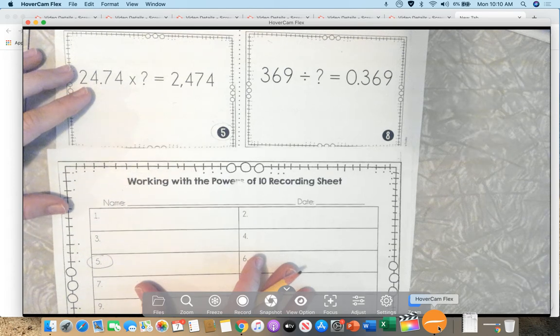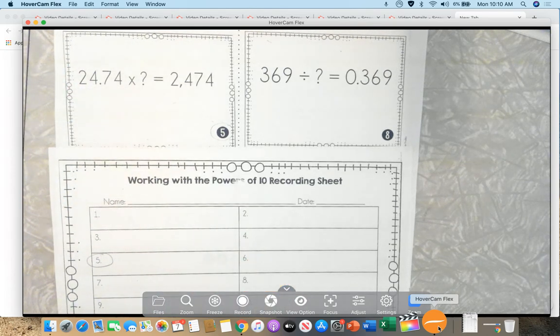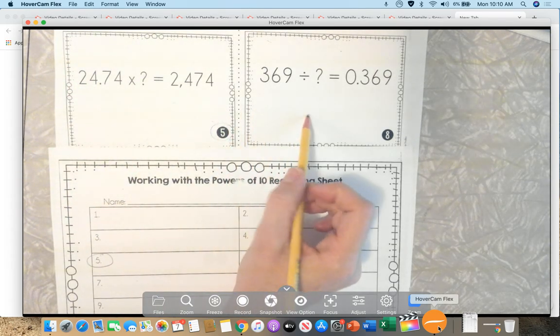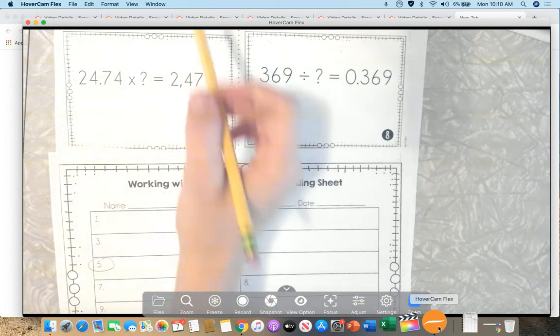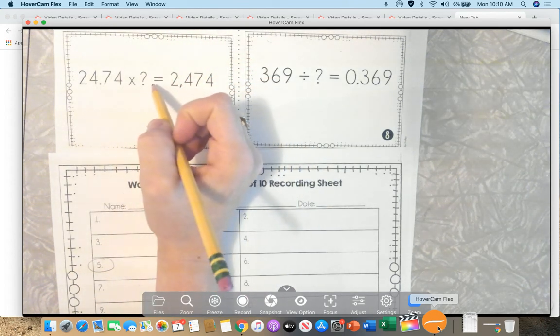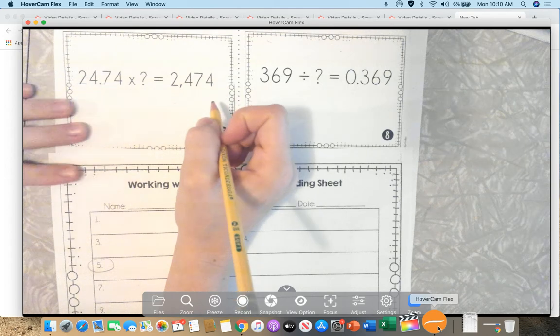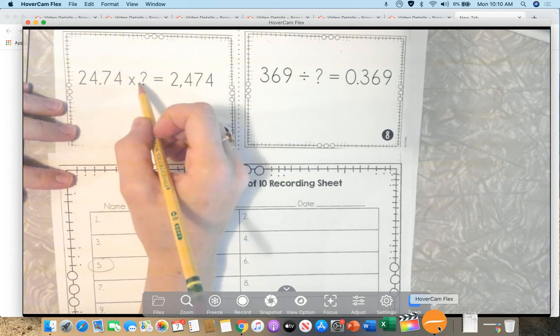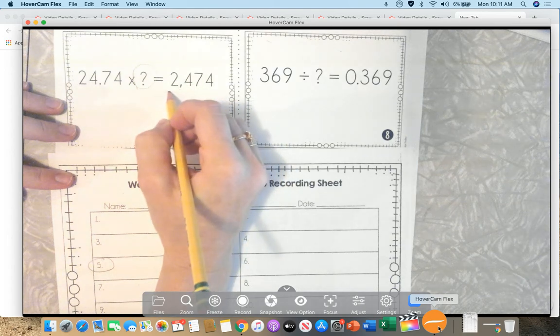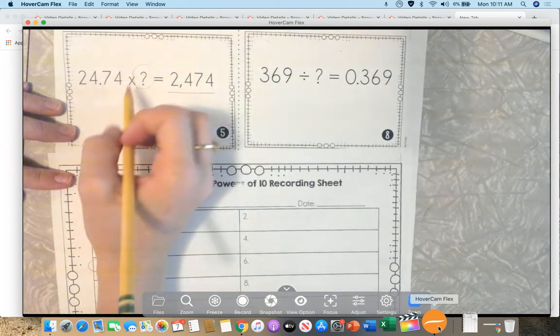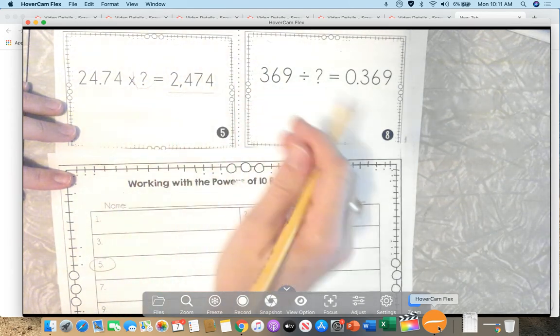Okay, so remember we're working with powers of 10. I'm going to do 2 examples for you guys, and then I want you to do the rest on your own. Again, this is just a review activity as we have already taught this in class. What they're asking you is to identify what power of 10 was put here so that my answer came out to this. So what we learned, and let me go over that a little bit, is if I